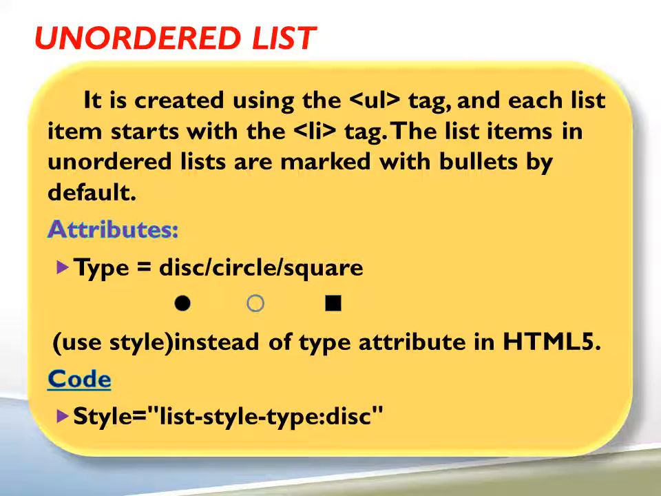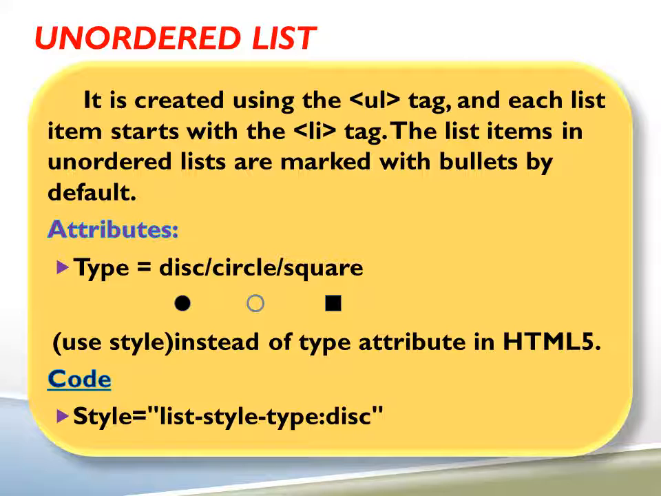Attributes of unordered list. In this we use only one attribute, that is type, and it takes values disk, circle and square. Disk is a filled circle and it is the default value. Circle is to create a hollow circle, and square is again a filled small square. Now in this,